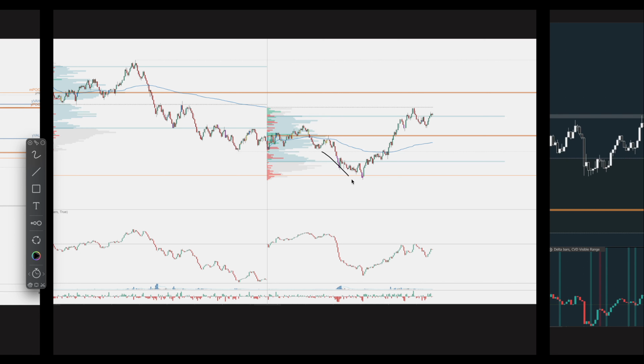Massive selling into this orange line. This is the naked volume point of control that gets hit. All these sellers are pretty much trapped, and they soon will be really in trouble, especially once market reclaims the VWAP. The structure below here is not the best one, but when you see this insane amount of selling,